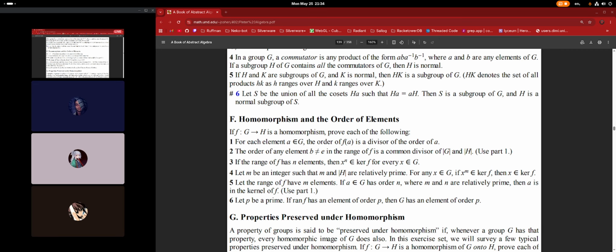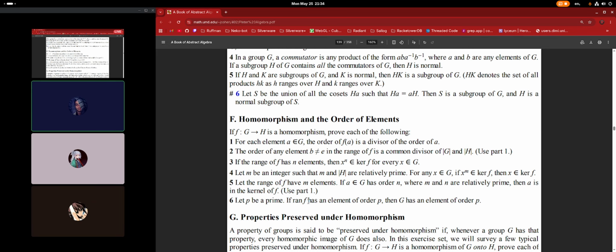Yeah, I don't really have anything to say. A lot of this is very straightforward follow-up on stuff that we've already seen in earlier chapters. Yeah, this is what I'm talking about. Let P be a prime. If the range of F has an element of order P,